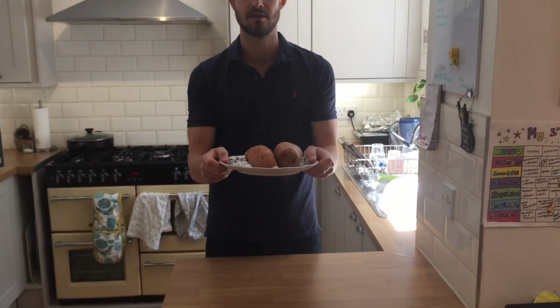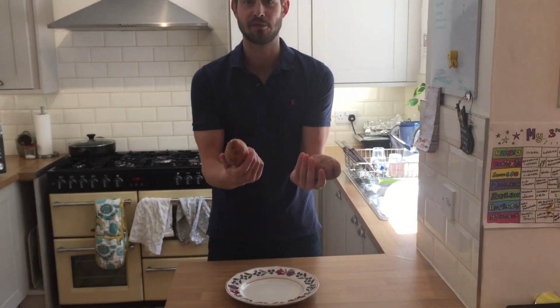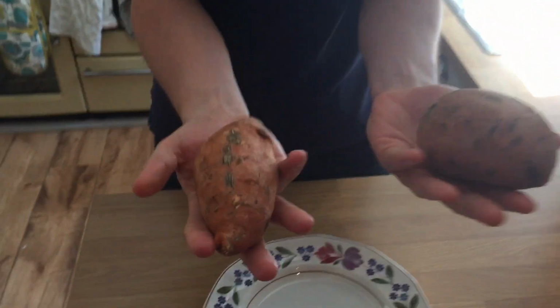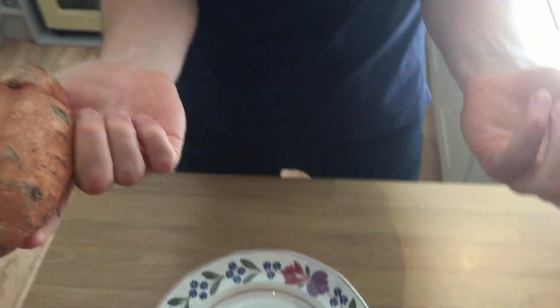these things here. Sweet potatoes, that's right. If any of you haven't seen them before, this is what they look like. Come in a bit closer. They're basically similar to the potato. They grow in the ground, but they're sweeter, hence sweet potatoes. So you'll see the filling on the inside of them a little bit later on after we've cooked them, but